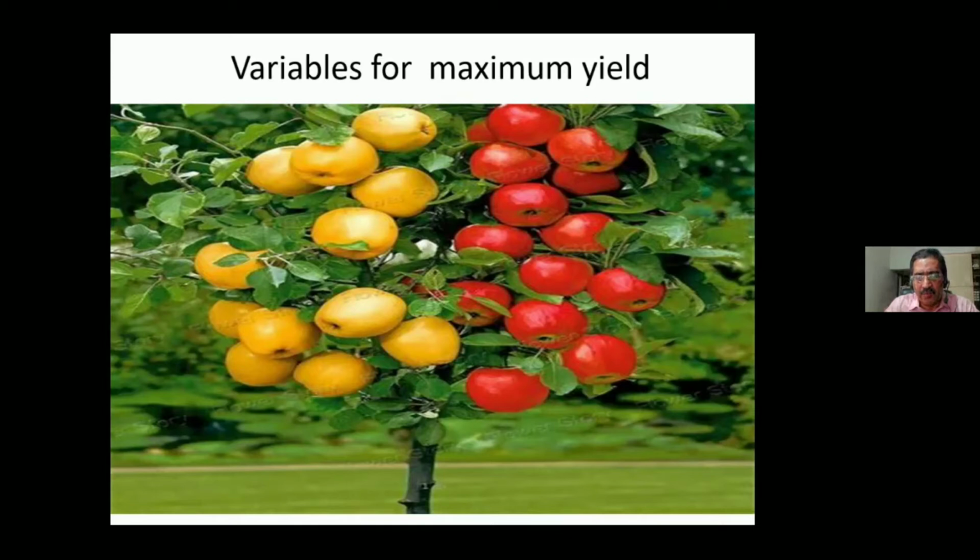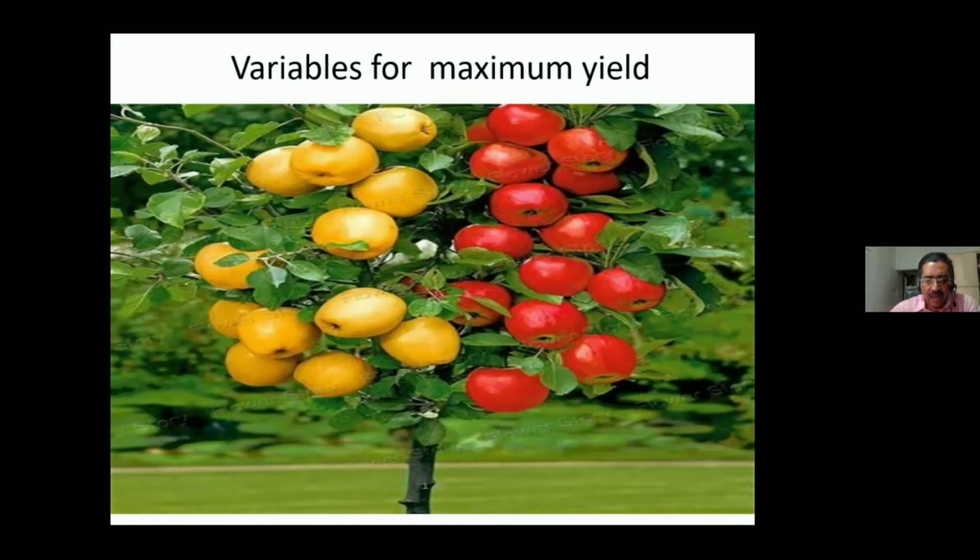It is not only an apple tree, whether you're growing vegetables, fruits, creepers, climbers, everything has an objective. If it is fruit yielding, it has to give you fruit. If it is flower yielding, it has to give you good flowers. You need to maximize the output from that plant. So what are all the things which help you to maximize the yield? This is what we want to discuss today. Can you identify what are all the variables that can be changed so that the plant gives you maximum fruits?